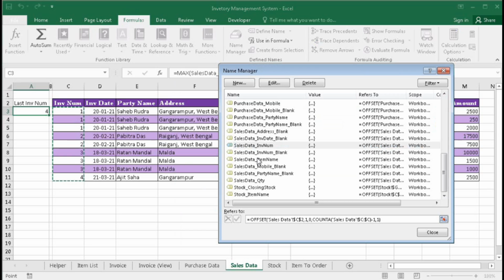So it is already created, but we do not have invoice date, party name, all these things.